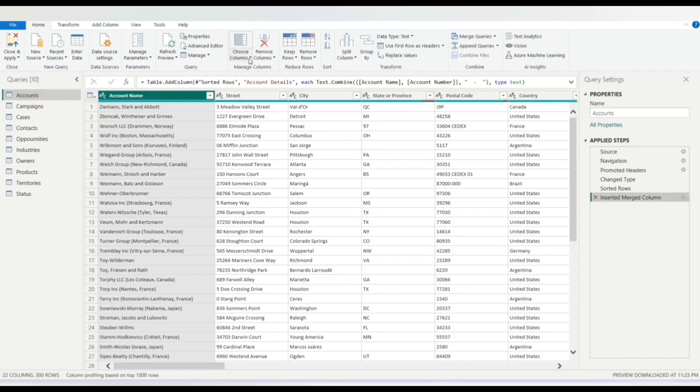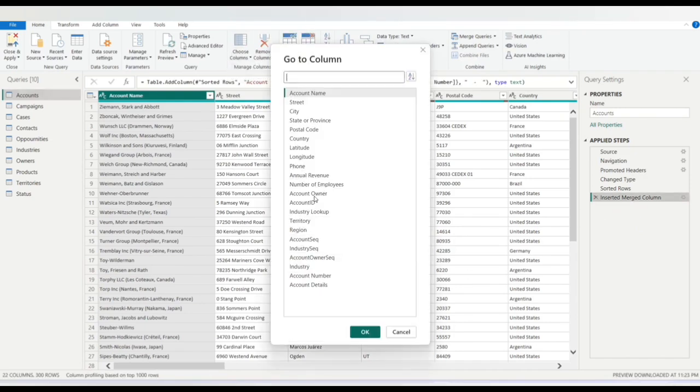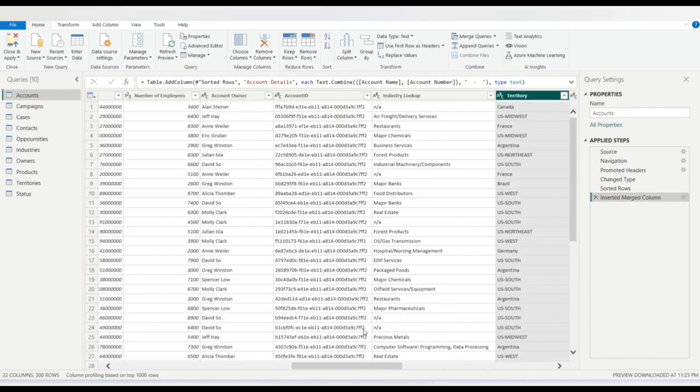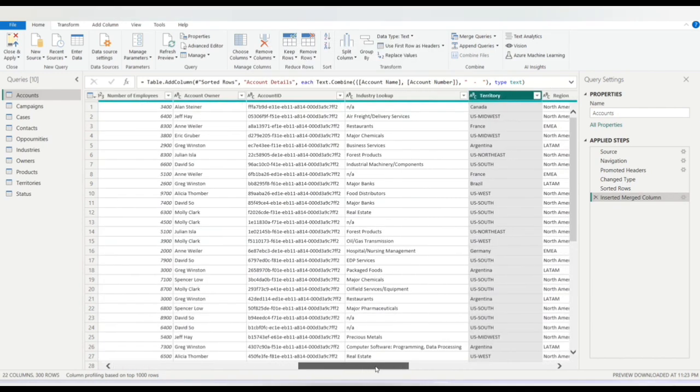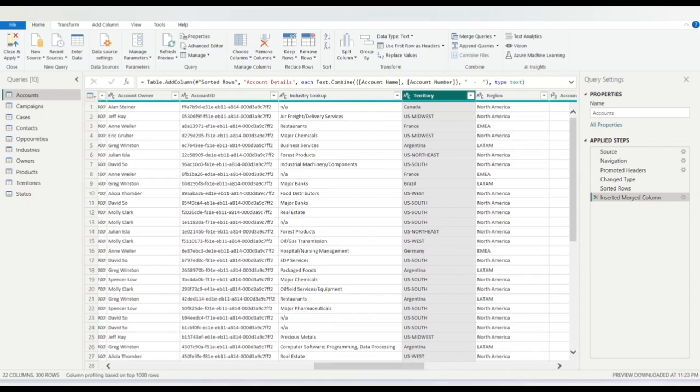एंड फॉर दिस अकाउंटेबल, अगर आपने ये रिमूव इसका उड़ा दिया, तो आप अभी चूज कॉलम में जाओगे, गो टू कॉलम में जाओगे, आपको टेरिटरी रीजन का कॉलम दिख गया. ठीक है, बट सिर्फ पावर बीआई की फाइल की साइज कम करने के लिए द अननेसेसरी कॉलम, अनवांटेड कॉलम्स यू हैव रिमूव, सो दैट